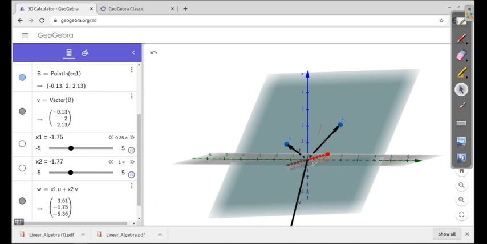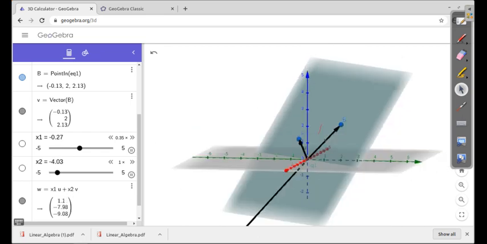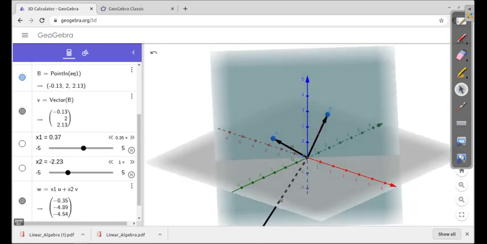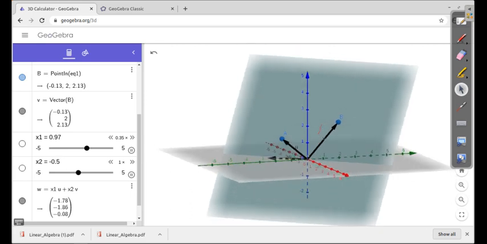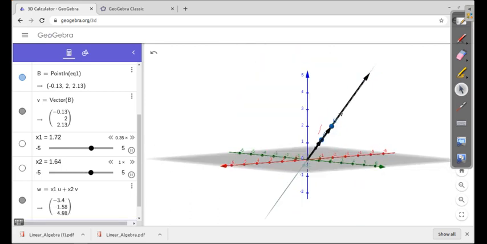See here what happens to the linear combination of A and B. It is always in the same plane. For the R3 space, it is not moving out of the plane. You can see from this side, this is a side view of the plane. The vector always remains in the plane, it is not moving out or in. So is this clear? For R3 space, a plane is a subspace and a line is also a subspace.